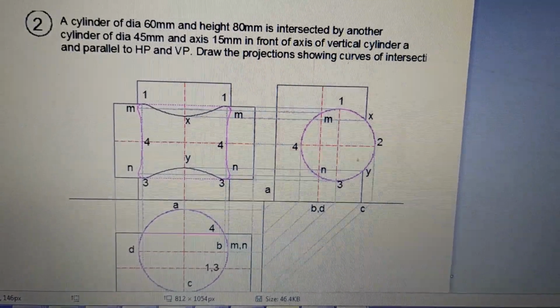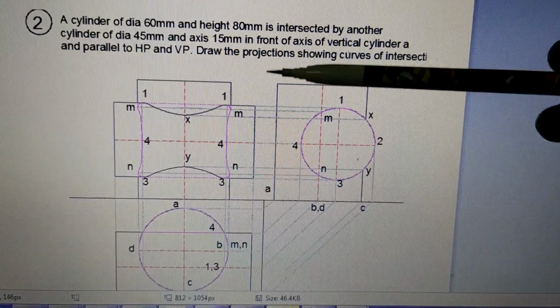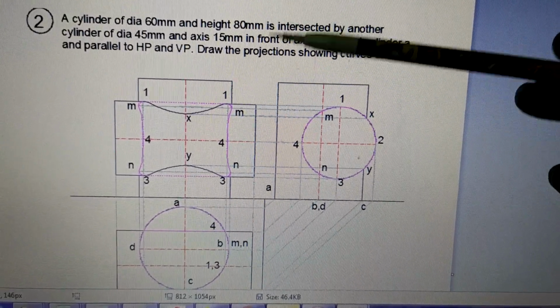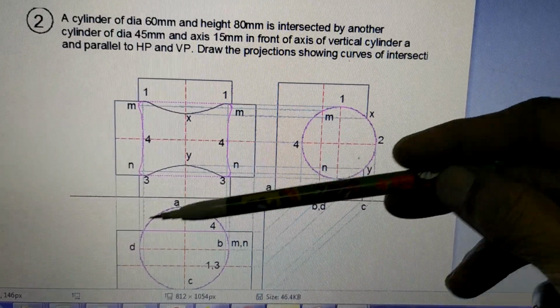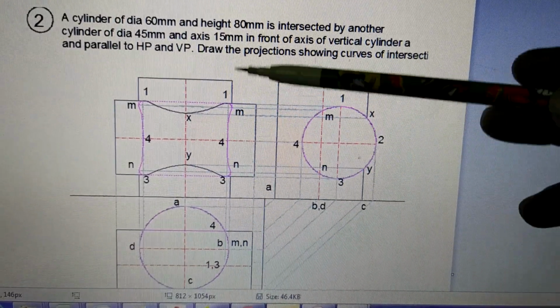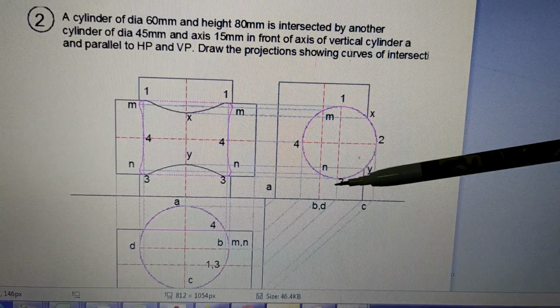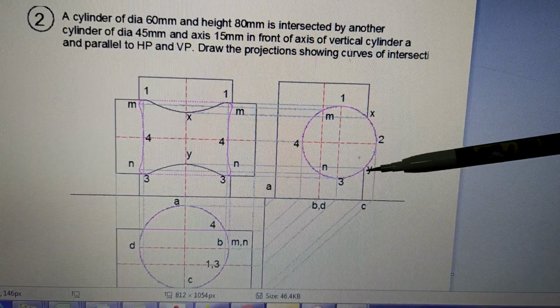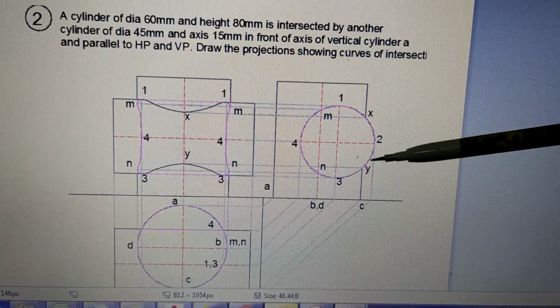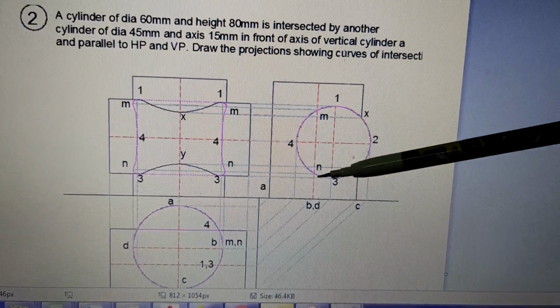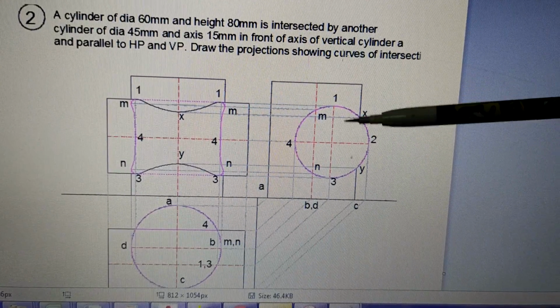Okay, so now let us go to problem number 2. Now there is some difference in this problem. You can read this problem. What it says is there is one cylinder like this standing upright just like last problem, but then it is intersected by another solid which is also a cylinder. See, last time the second solid was a square prism. At this place there was a square prism. Now here the second solid is a cylinder. That means both the solids, they are cylinders.